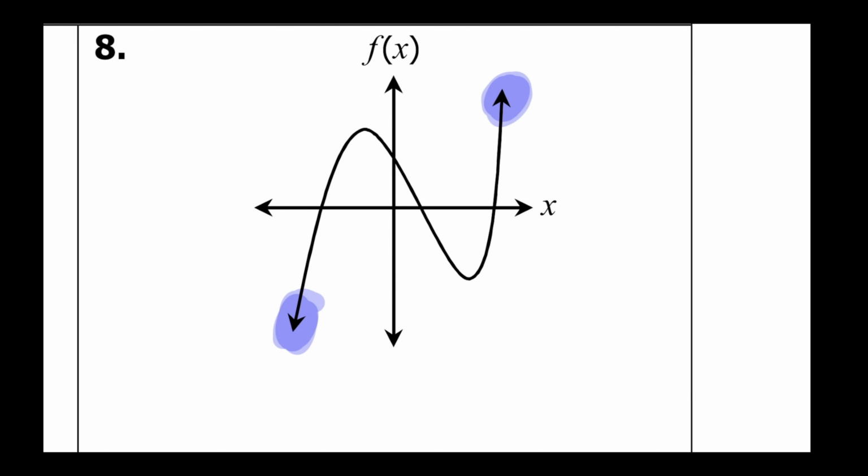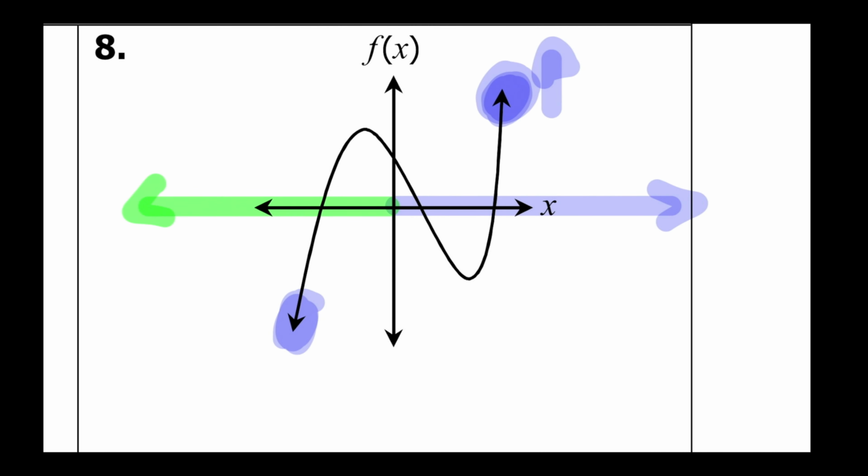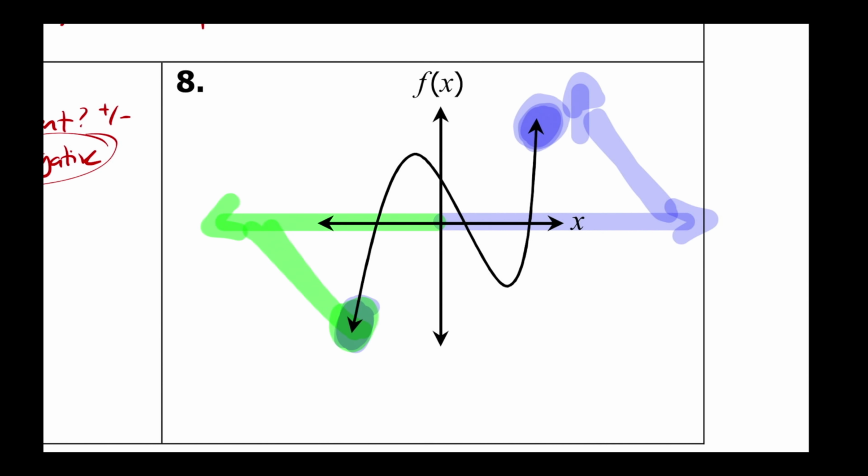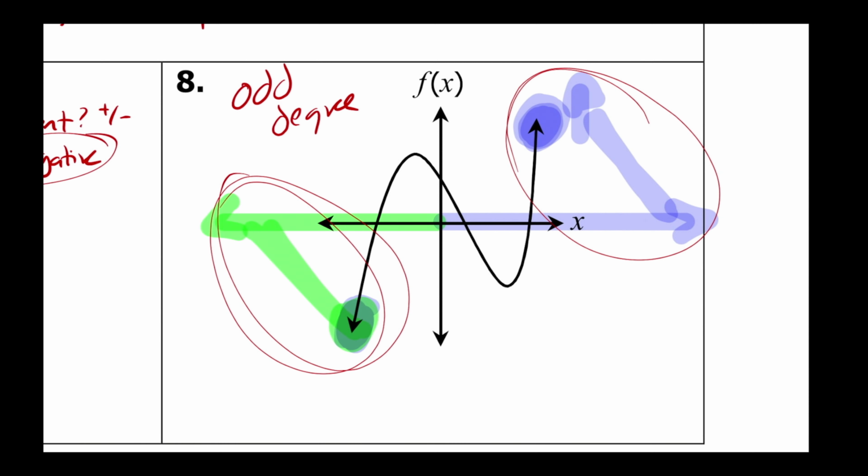Or let's say it more technically, as x approaches positive infinity, f of x also approaches positive infinity. As x approaches negative infinity, as it goes backwards, my graph is approaching negative infinity. So when these don't match, we know this is an odd degree, right? But when they match, when as x approaches positive infinity, y approaches positive infinity, and as x approaches negative infinity, when those match,